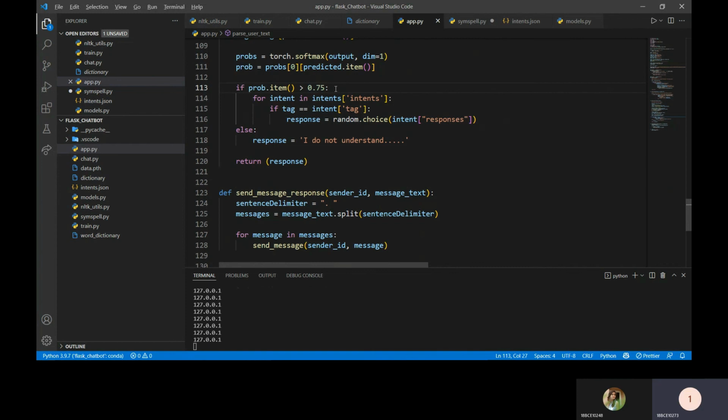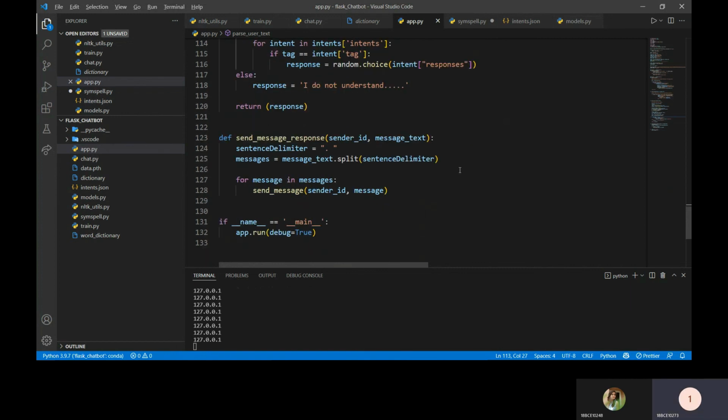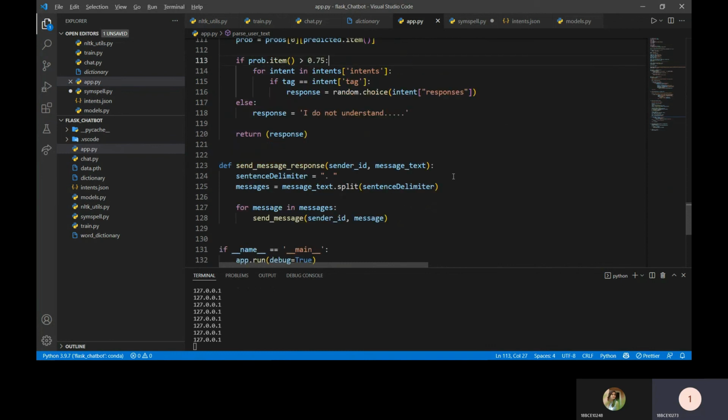If it is more than 75%, then we send the response back to Facebook Messenger via webhooks. If it is less than 75%, the bot will send that it does not understand, and then we send that message. So this was all about our implementation part. Now Shilpi will show the demo of our application.